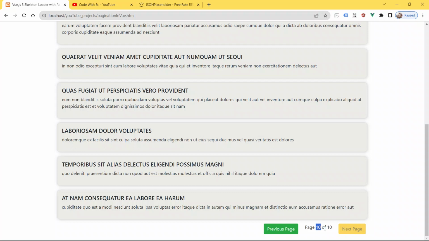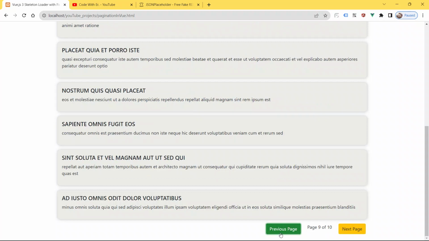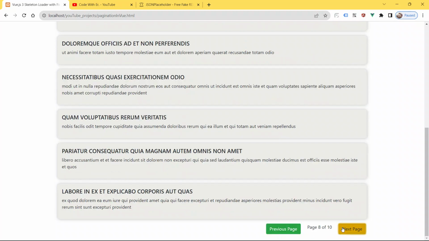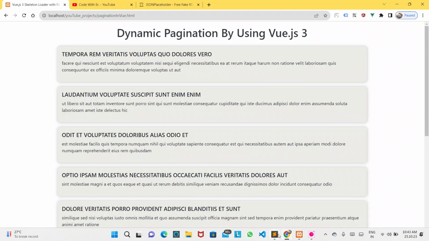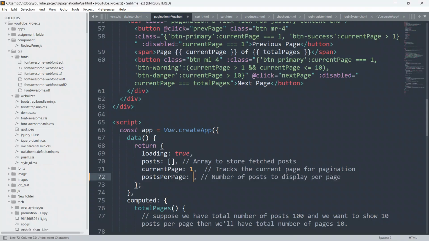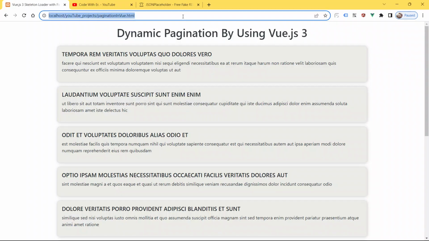As of now it is 10, so the next page button is disabled. See guys, how dynamic and innovative our application is. Now just revert back to 4 only and refresh the page.